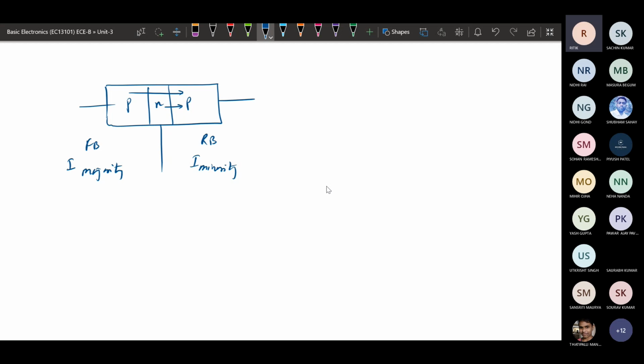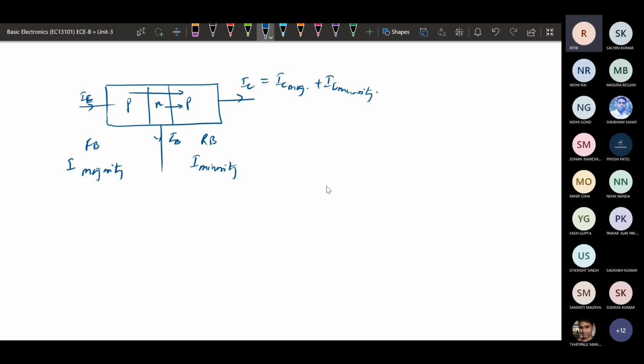So the final current that we are going to get is IC majority plus IC minority.